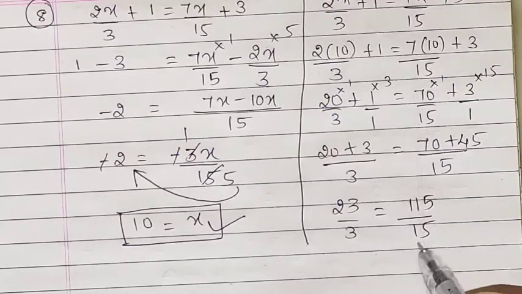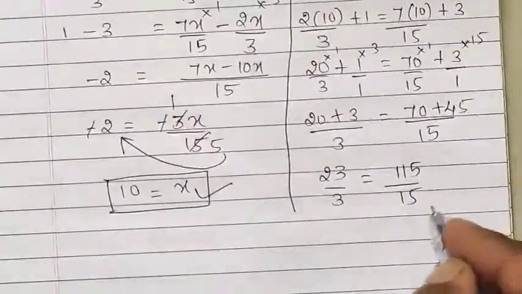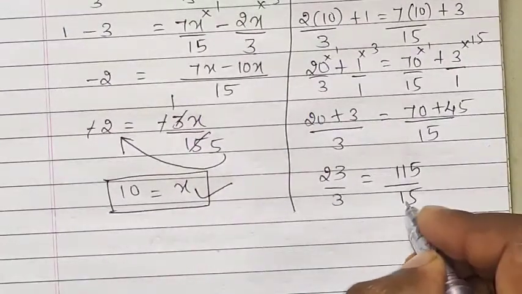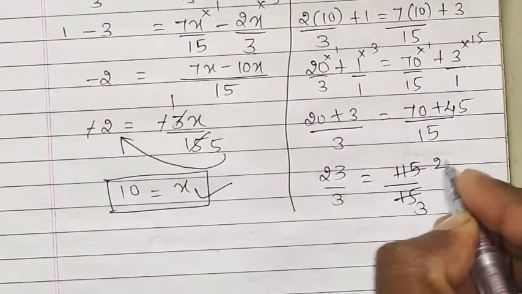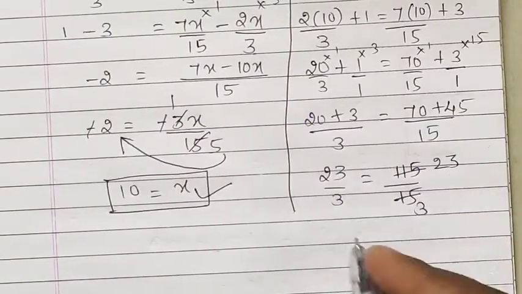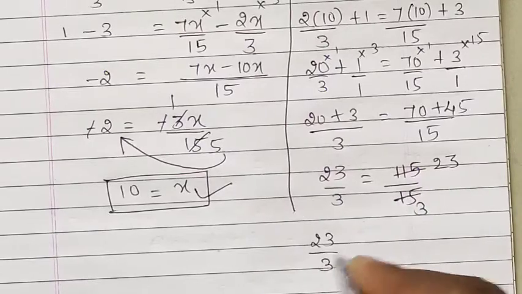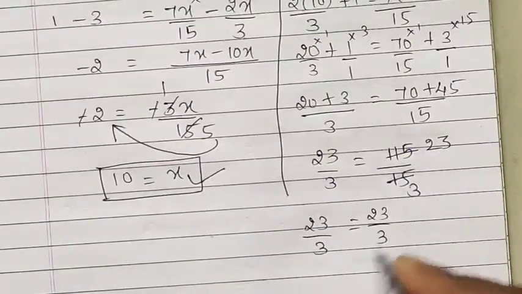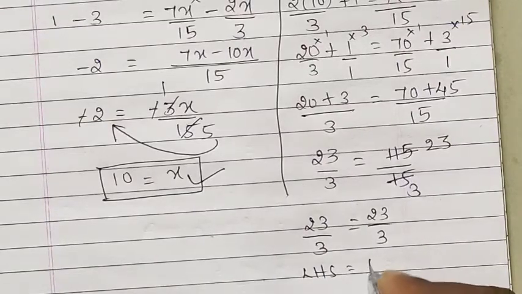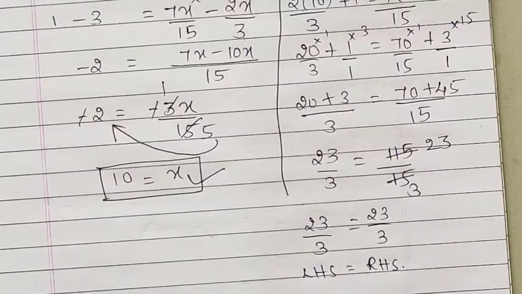Next, these two numbers I will cancel using the 5 table, because these two numbers come under the 5 table. 5 3s are 15, 5 2s are 10... 1 remains 15. 5 3s are 15. It means left side 23 divided by 3 and right side also 23 divided by 3. Left side LHS is equal to right side RHS. Hence the answer is verified.